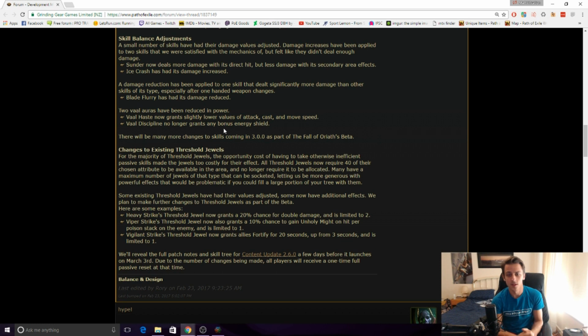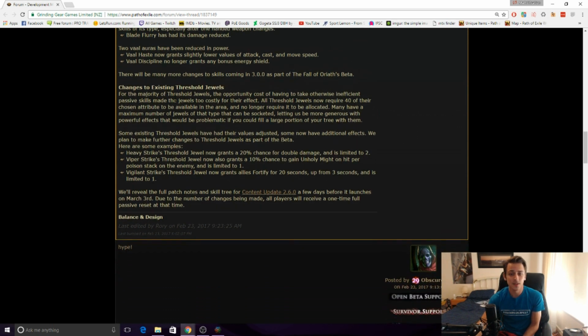I think that's fine. There's going to be more changes to skills in 3.0 as part of Fall of Oriath's beta, as they say, and there's going to be some changes to existing threshold jewels. Currently, most of them aren't used, most of them are bad, so they're updating a lot of them, and that's really good. One of the things they're going to update is all threshold jewels now require 40 of their chosen